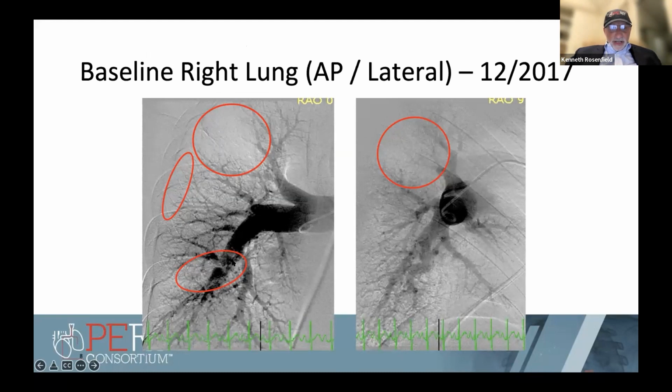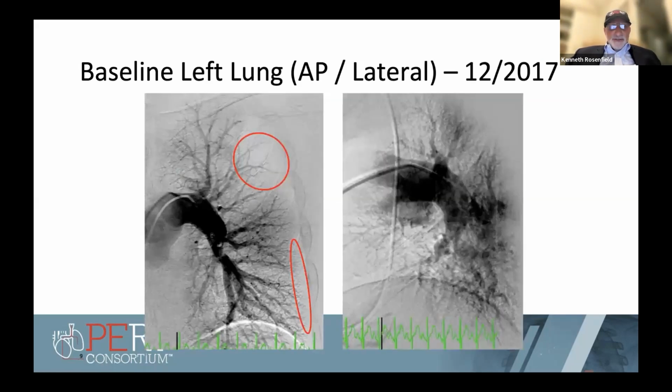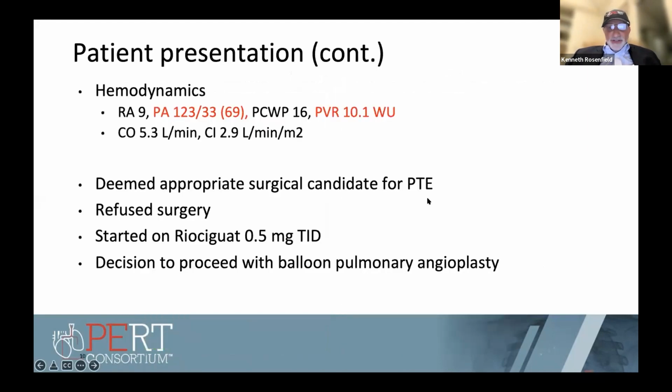And you can see, in addition, there's some disruption of the artery here. It's not smooth, and there's a couple of occlusions or subtotal occlusions of some of the major branch vessels. And then this is the left lung. You can see again in the main pulmonary artery supplying the lower, the interlobar artery, there's a huge obstruction there. And on the AP view and the lateral view, you don't see as well. But although there's a lot of tortuosity of these vessels and enlargement of the main pulmonary arteries consistent with his